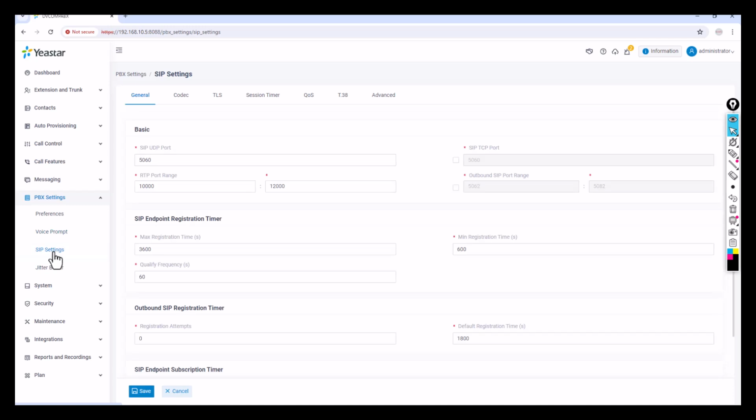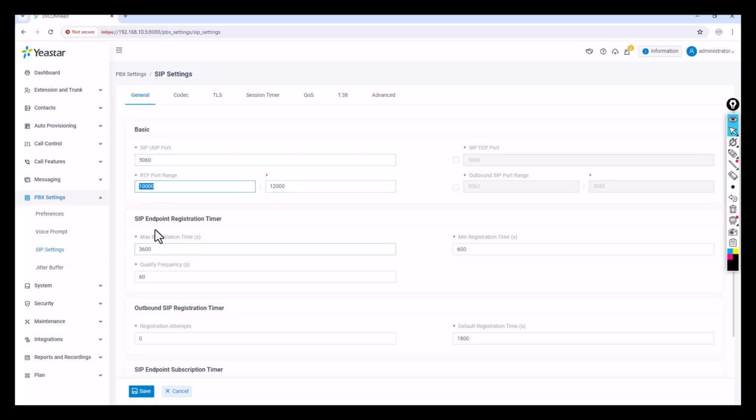And this is one more interesting thing, the SIP settings. For example, you can see here 5060, which is the default SIP UDP port. So if anybody is trying to register, and the request is coming from outside on 5060, your PABX is ready to respond. And the RTP range is the media range. This is the signaling port, guys. 5060 is the signaling port, and this is your RTP range from 10,000 to 12,000.